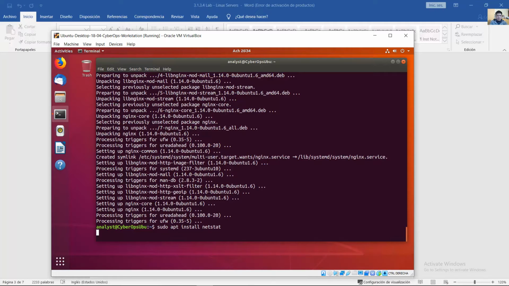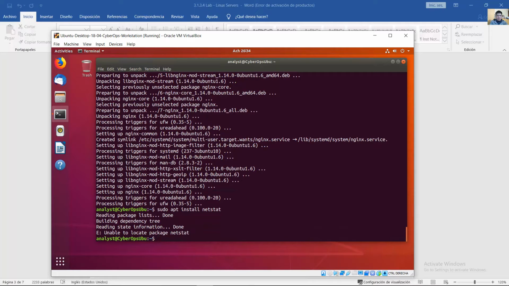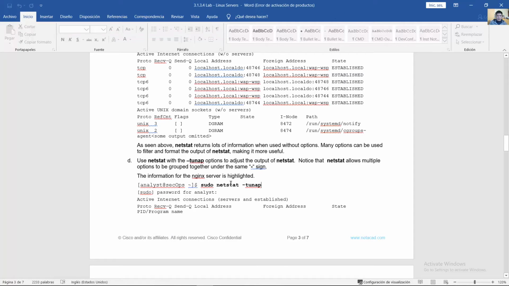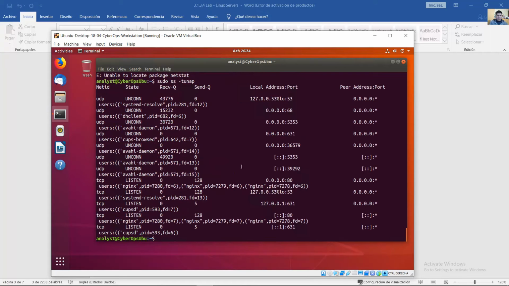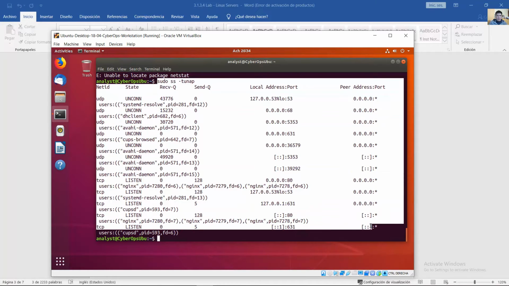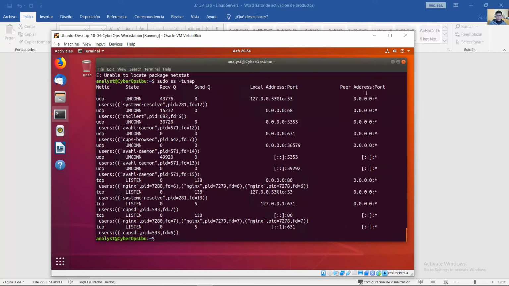Netstat. Okay, unable to locate the package, but instead of using netstat you can use ss. For example, netstat with this option tunap, you can use sudo ss and the same result. Okay, and use the following command: sudo apt install